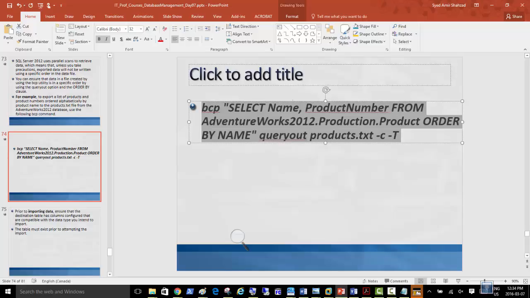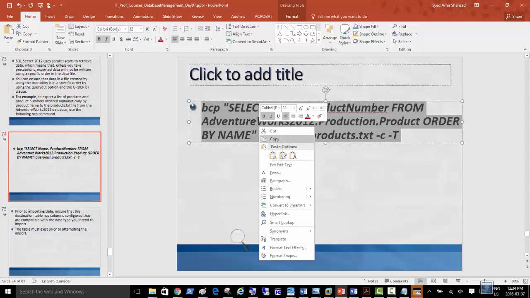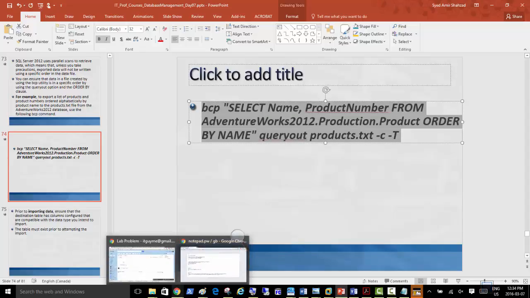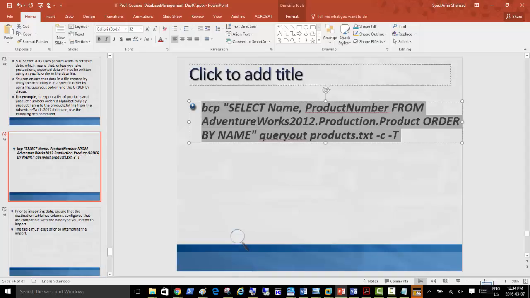This exercise has nothing to do with previous exercises, so I'm just copying this now, and let me know if it worked for you. It's supposed to copy data from this database and this table: adventureworks.production.product order by name queryout products.txt.